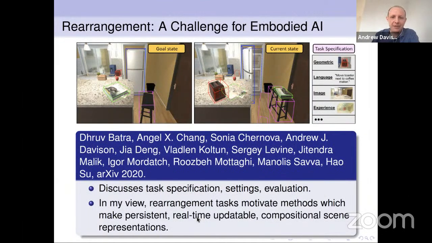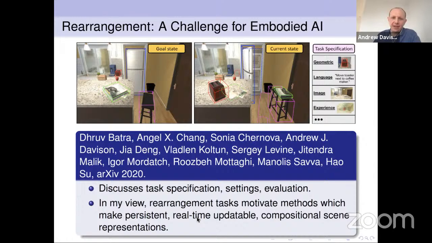So something that I'll just mention here, which is a project I was involved in last year with some really interesting collaborators who are big thinkers in vision and AI and robotics, was this project called Rearrangement, a challenge for embodied AI.